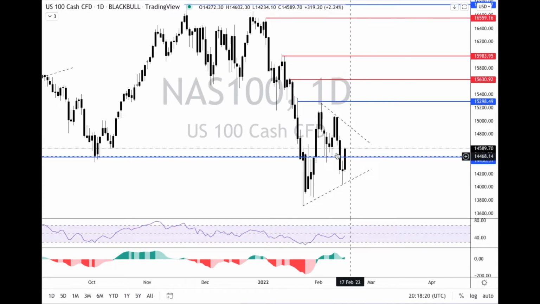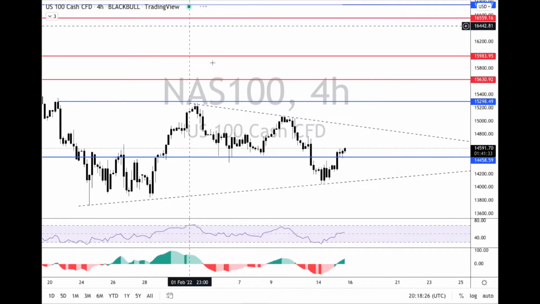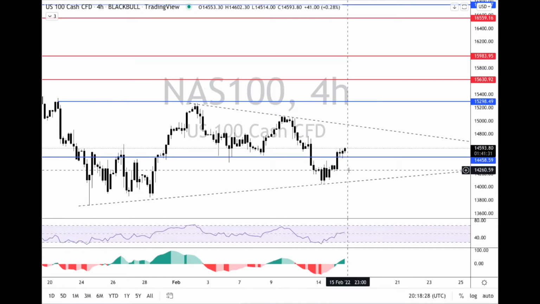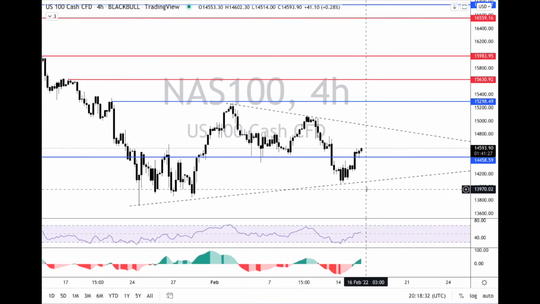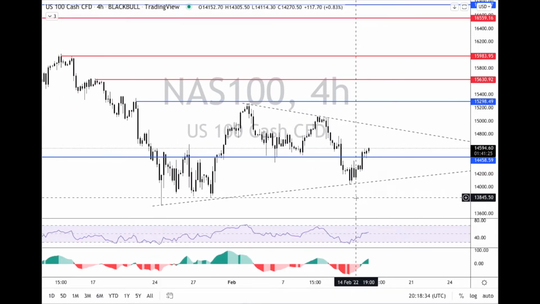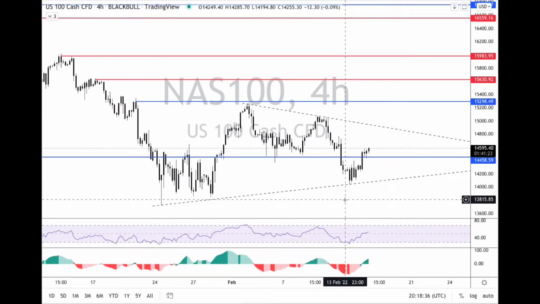That's what I'm trying to figure out. If the market is going to pull back tomorrow, and as I look at it, in my opinion, I think